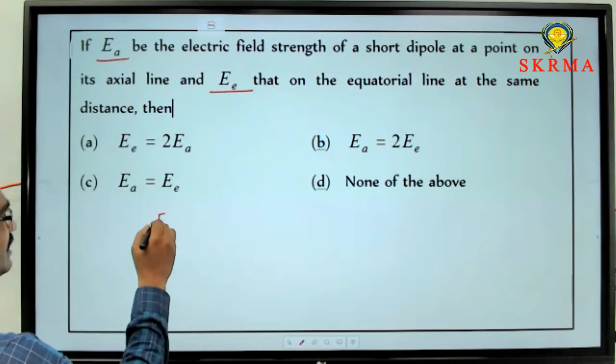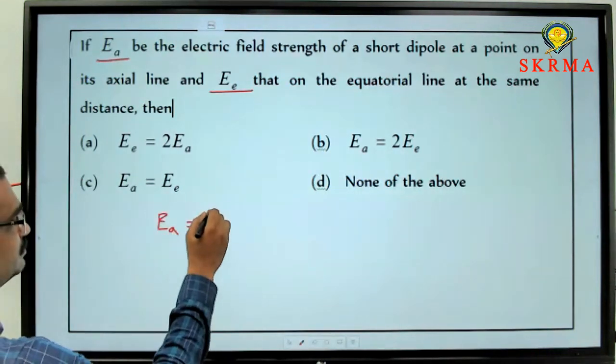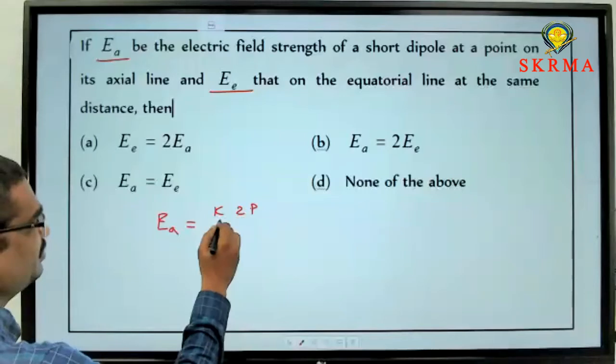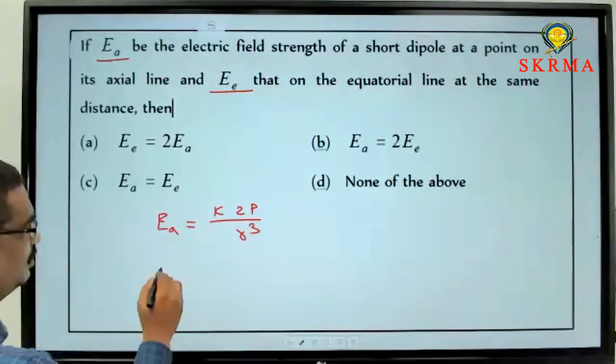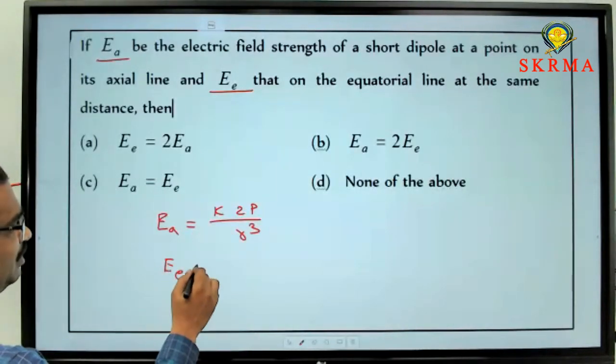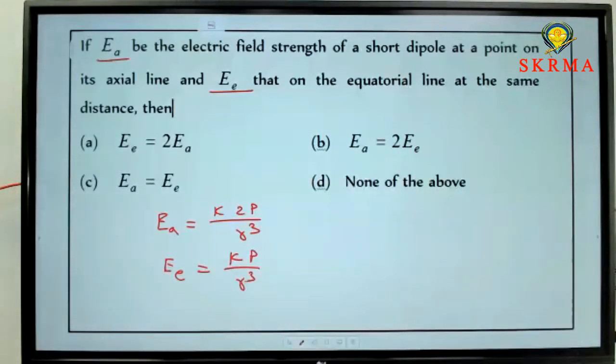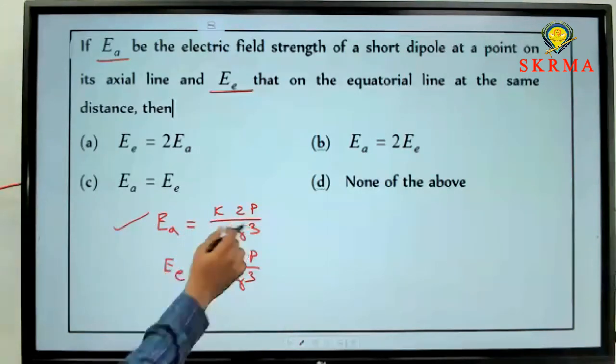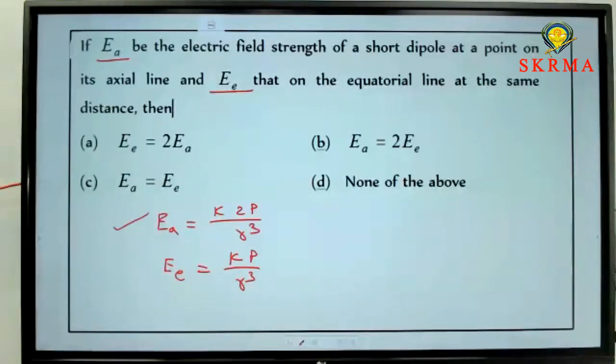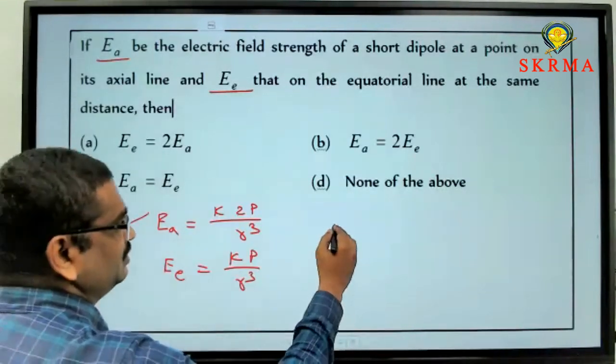On the axial line, what is the formula? K into 2p by r cube. Equatorial line formula: K into p by r cube. Is it correct or not? K is nothing but 1 by 4 pi epsilon naught. Now what is the relation between these two? EA is equal to